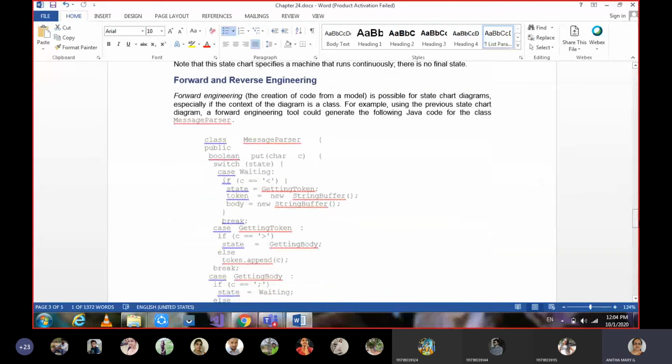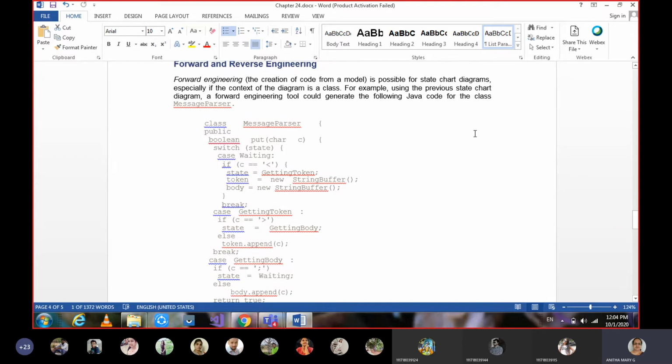So here, this is the example given. And when we move on to the third part of this diagram, every diagram chapter will have three parts. Terms and concepts is the first one. The second one is common modeling techniques, and the third one is forward and reverse engineering. Whereas other chapters have only the first two.